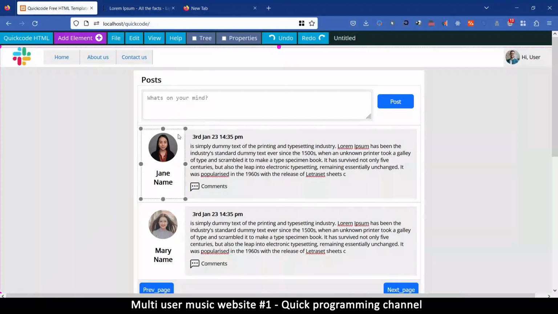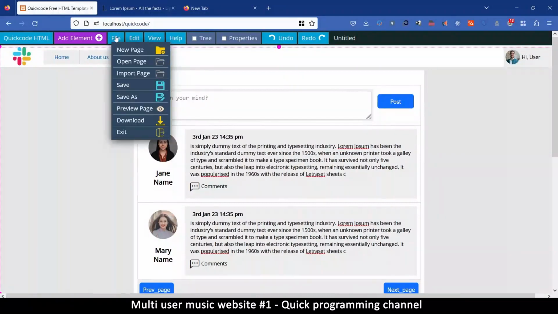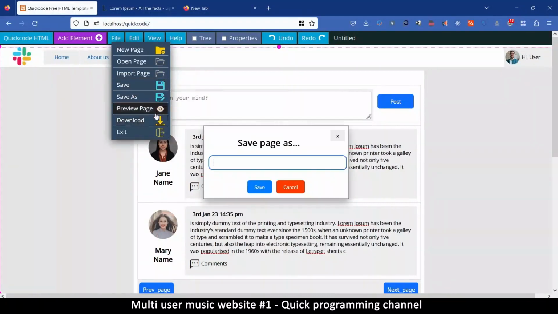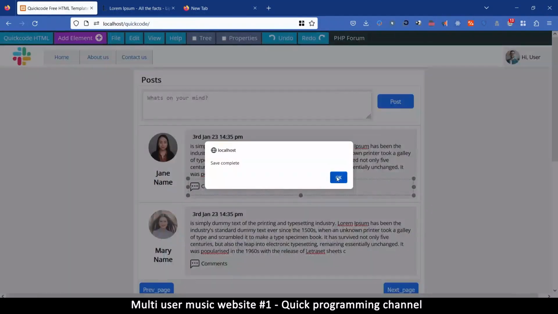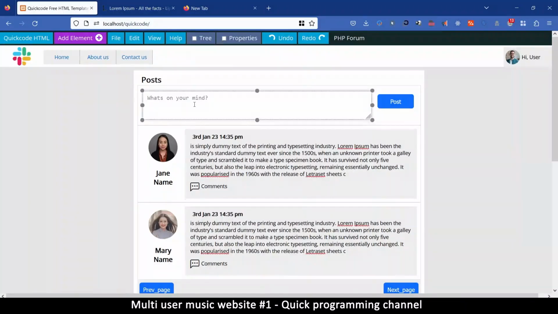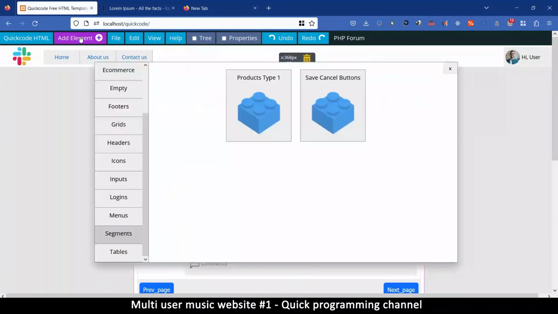All right, now before you do that, it's important to save your work. So let's go file and hit save. Let's save this one as PHP Forum, and let's be okay with that. So save. Okay, great. Now that we've saved, let's add a profile page here of some kind. So what I would do is above this, let me just select this. Let me add a,